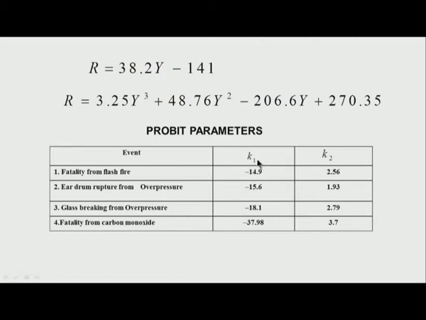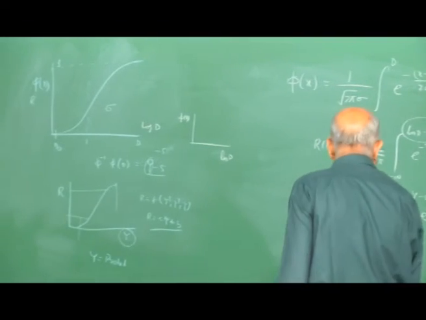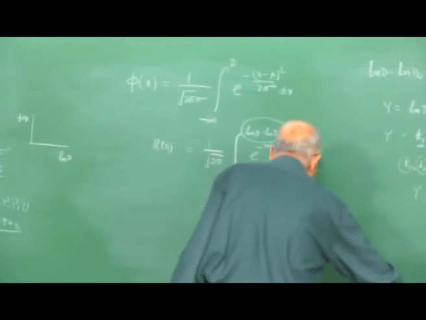The probit parameters: k1 is equal to minus 18.1, and the value of probit parameter k2 is equal to 2.79. Similarly, for dispersion of gases, the value of k1 is minus 37.98 and the value of k2 is 3.7. Therefore, once the probit parameters are available, I can always calculate the particular response, and this is what we do to quantify the damages. Let me take one or two small examples to illustrate the method